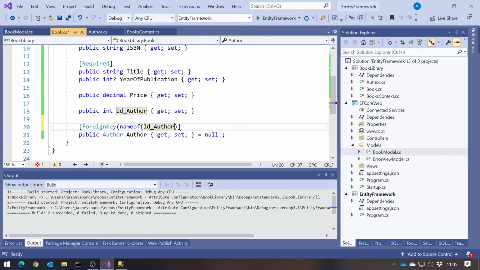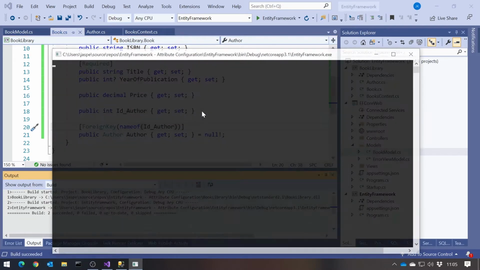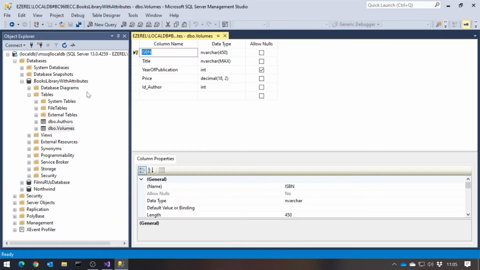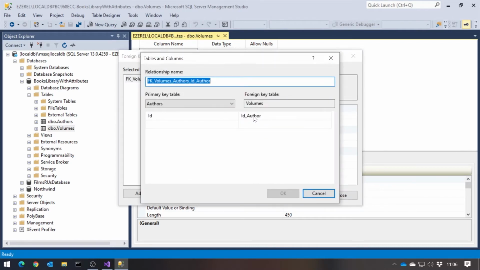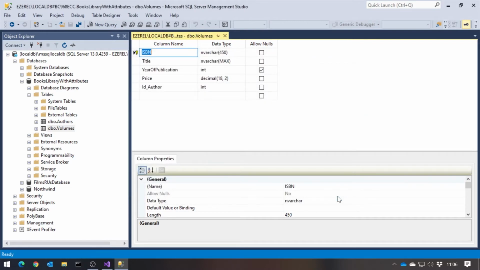So that will just generate the string, but give us a slightly safer way of doing it. And so now when we run that, you can see it's just got ID author. And now if we look again at the relationships, it's used ID author as the column that's going to have the foreign key on there. So that's just the way to do that. But again, I have to say, why bother? I would rather just go with the conventions and save these annotations, unless, typically for legacy reasons, you've already got your database set up this way, then just stick with the conventions.